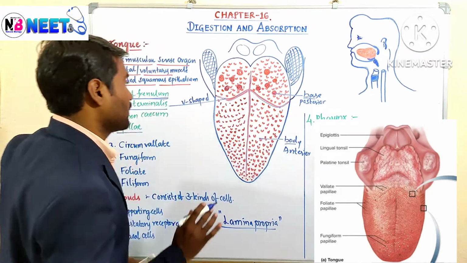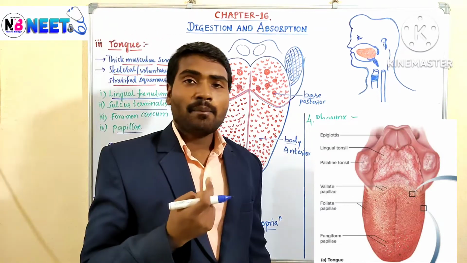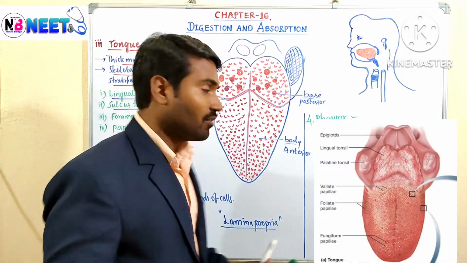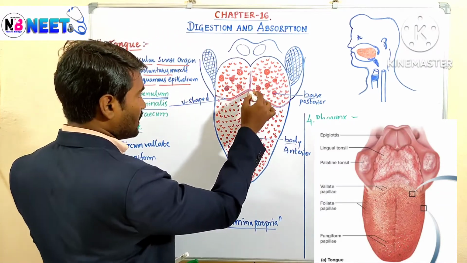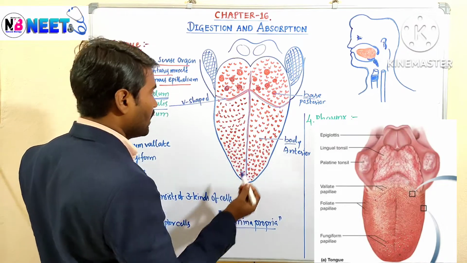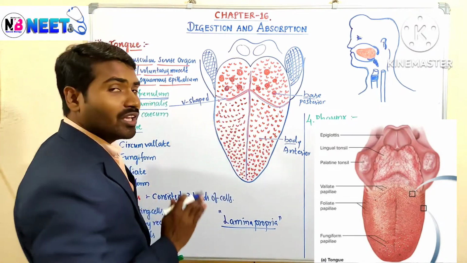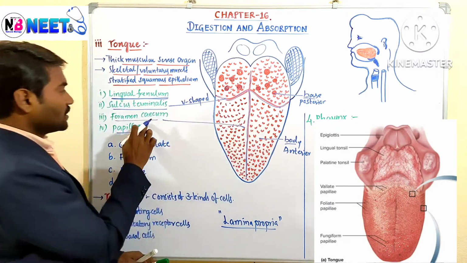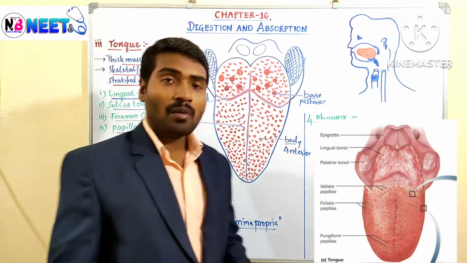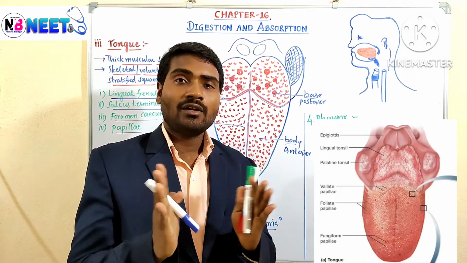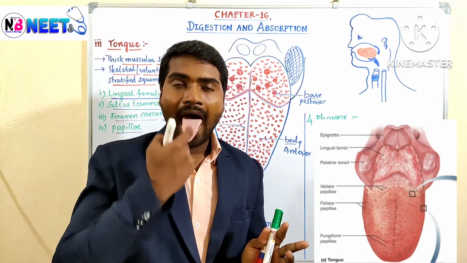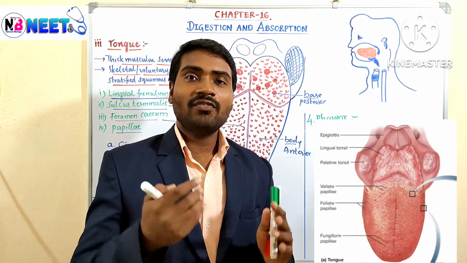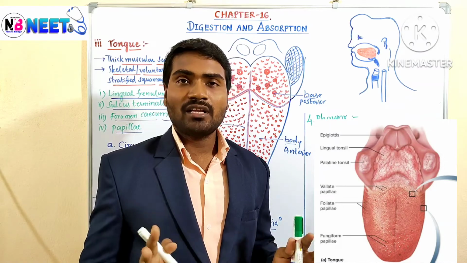That is important. Now, the anterior part and the posterior part are both equally divided by one more deep groove. Here there is one more deep groove, which divides the tongue into two equal halves. That one is called the foramen cecum. What is this? Foramen cecum. The foramen cecum divides the tongue into two equal halves. We can't see that line, but if you look very clearly, we can observe that division.